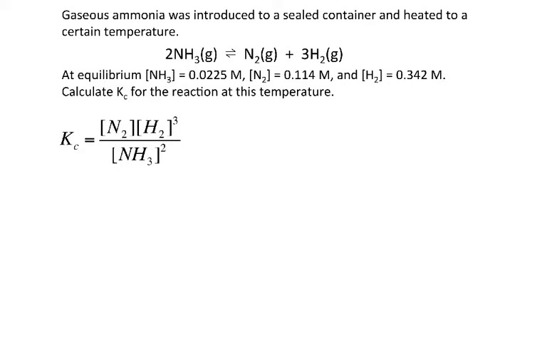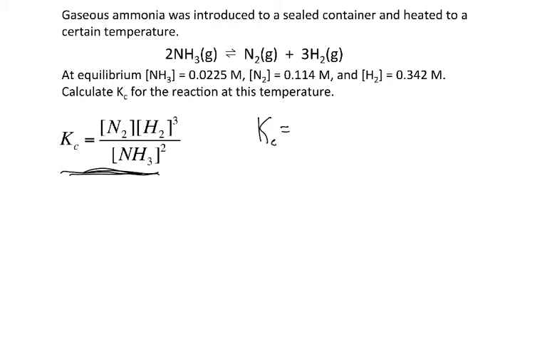Okay, in this example, we're given the reaction of ammonia to form nitrogen and hydrogen, and we're given the equilibrium concentrations of all the reactants and the products. This was the first example that we did, so we already wrote Kc, so I've just written it off here to the left. So all I need to do now is take my equilibrium concentrations, plug them into my expression for Kc, and I'm good. All right, so Kc